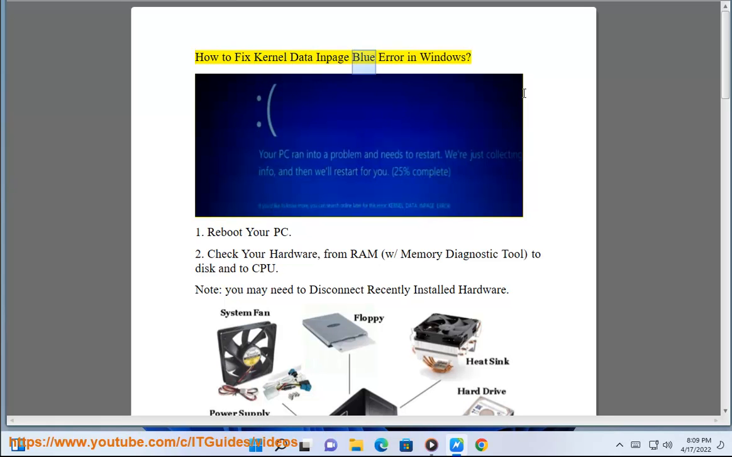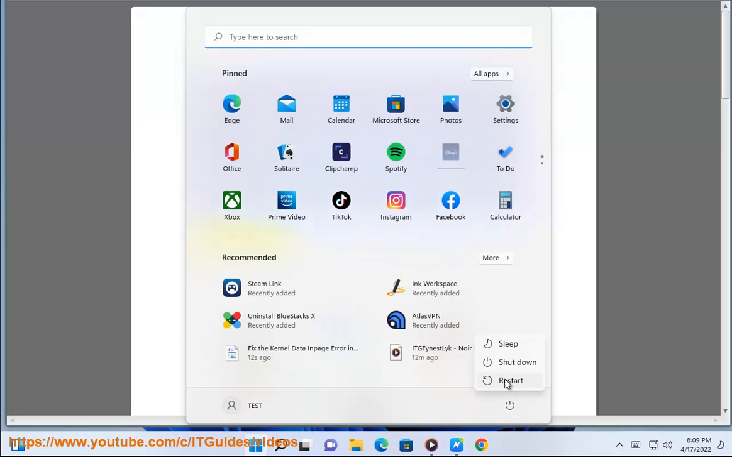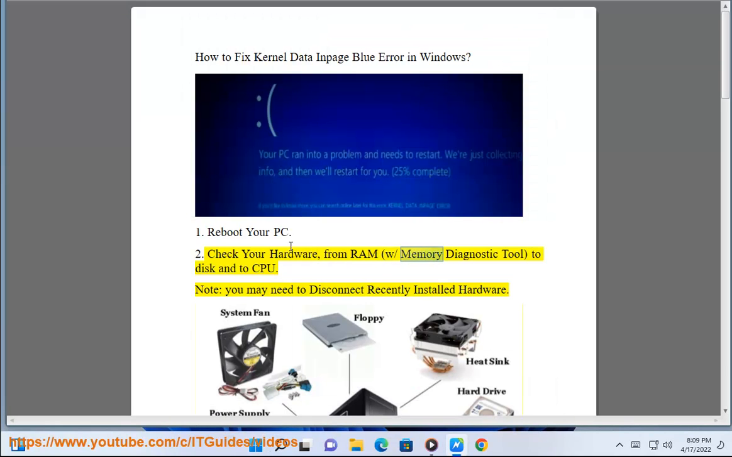How to fix kernel data inpage blue error in Windows. 1. Reboot your PC. 2. Check your hardware, from RAM, with memory diagnostic tool, to disk and to CPU. Note, you may need to disconnect